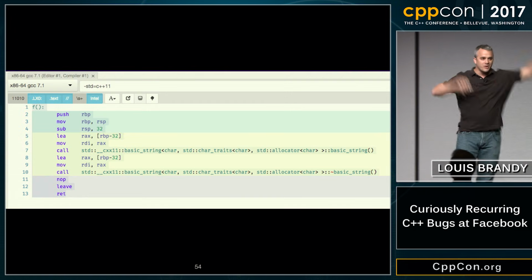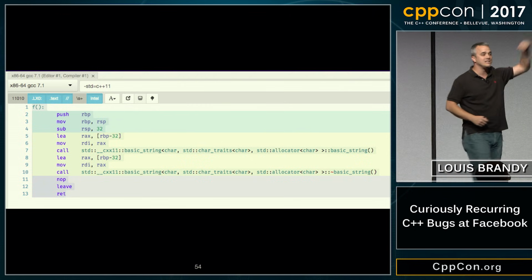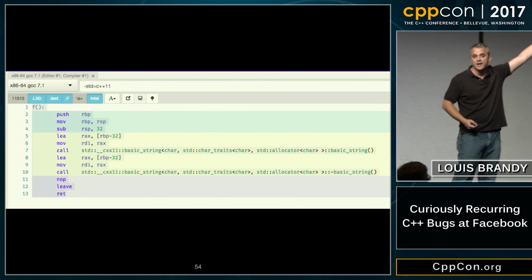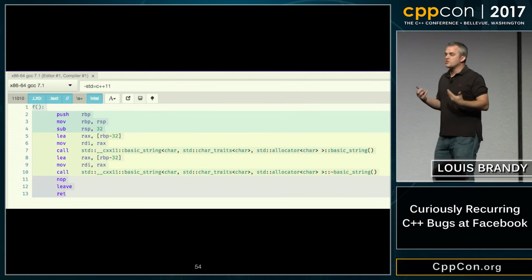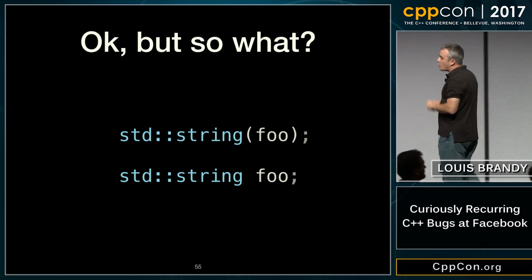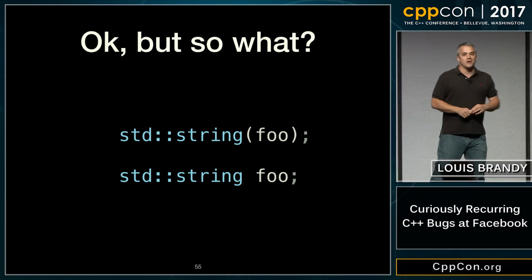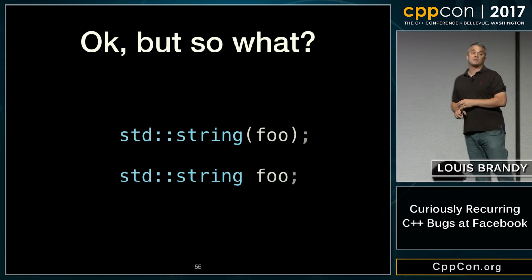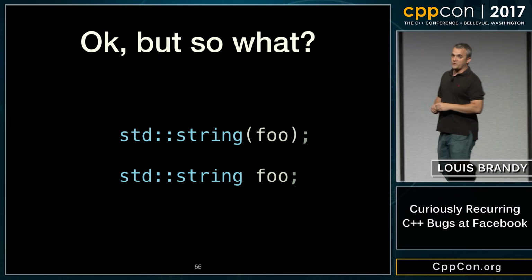Here's me proving it. You put it into Godbolt, and you can't really see this, but what you'll see in Godbolt with no optimizations is the default construction of an empty string, and then the destruction of the string. So you'll see the creation and destruction of an empty string foo. So, okay, but the question becomes, so what? How is this possibly one of the most common and horrifying bugs in all of C++? And I posit to you that it is, just not in this form. It's in a slightly different form.